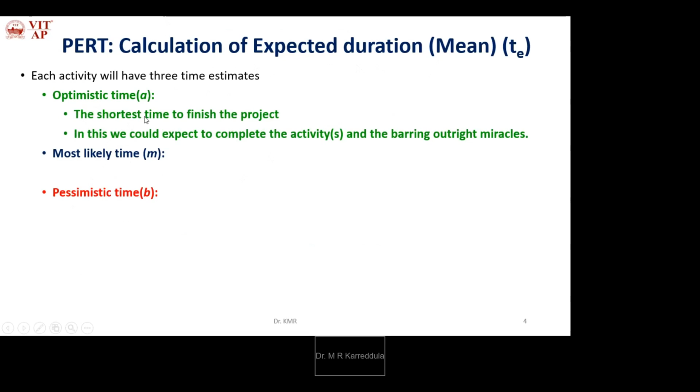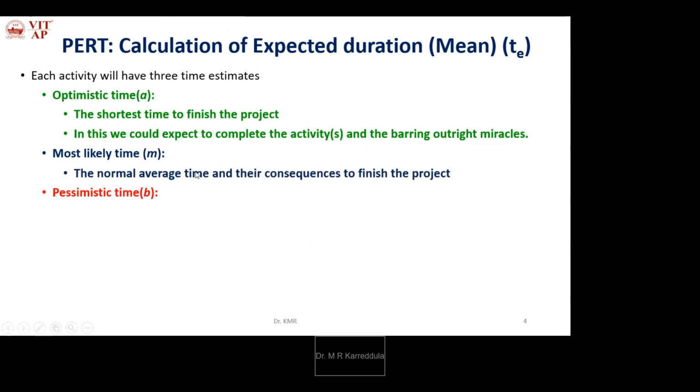Optimistic time is the shortest time to finish the project activity. That is the best time. In this, we could expect to complete the activity barring outright miracles. Without any miracle, what is the shortest time to finish the project activity or the whole project?